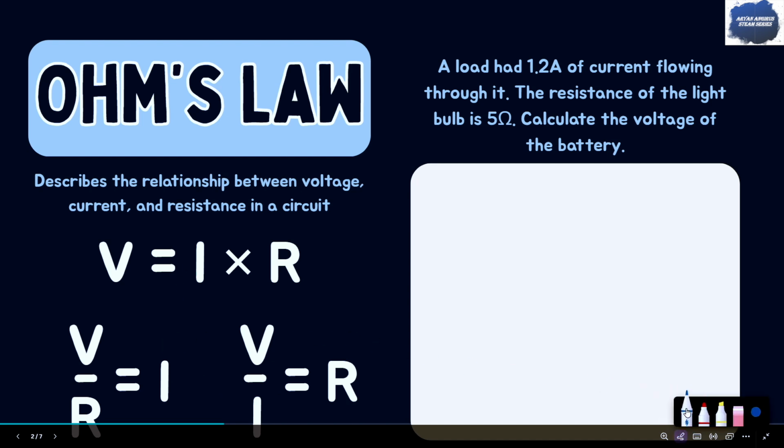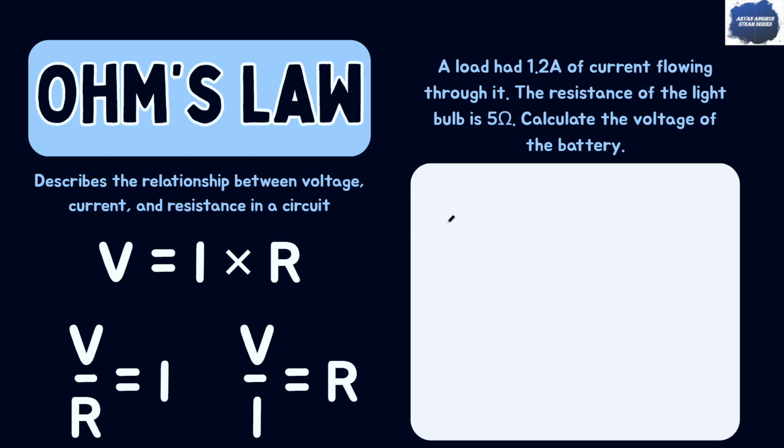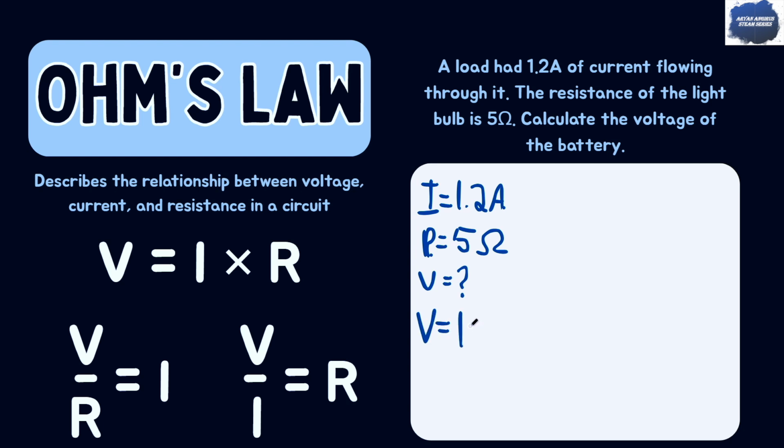So, we have a sample question right here. A load has 1.2 amps of current flowing through it. The resistance of the light bulb is 5 ohms. Calculate the voltage of the battery. All we need to do here is that we know that I equals 1.2 amps. The resistance is equal to 5 ohms. And we need to figure out voltage. So all we do is write in the formula, voltage equals I times R, plug in the values,